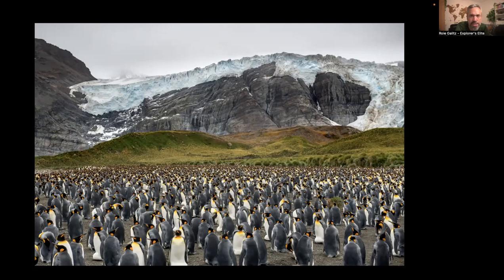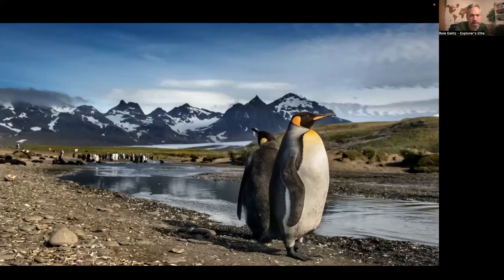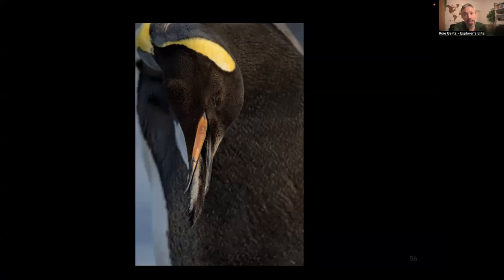Everything has melted and receded, and this glacier on top of the mountain is a remnant of the giant glacier that just a century ago reached all the way to the ocean. So everything is changing over there, just as it is in the high Arctic. Antarctica really influences the island of South Georgia, because the Antarctic circumpolar current, the current that goes around Antarctica, goes north to South Georgia. So South Georgia is basically within the Antarctic waters, so it's heavily influenced